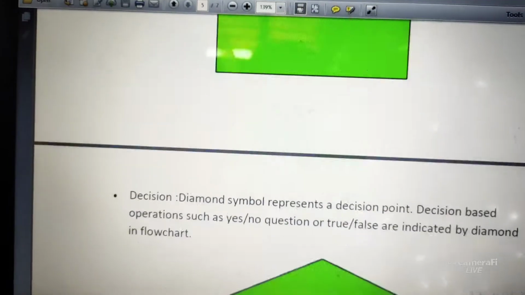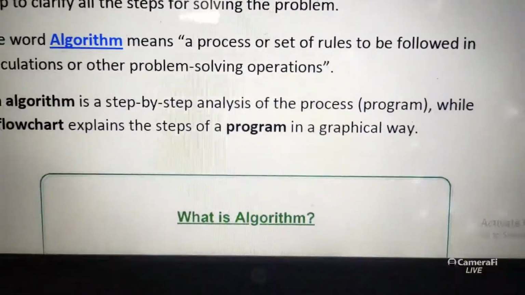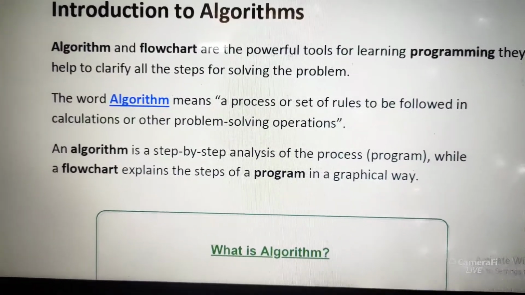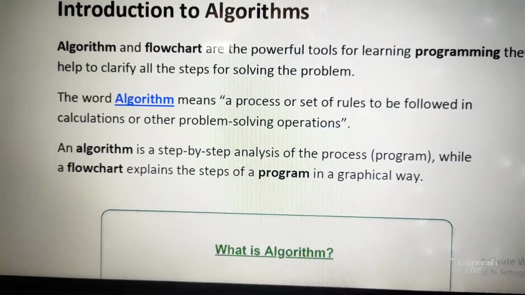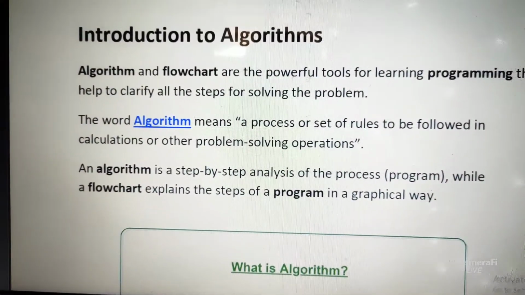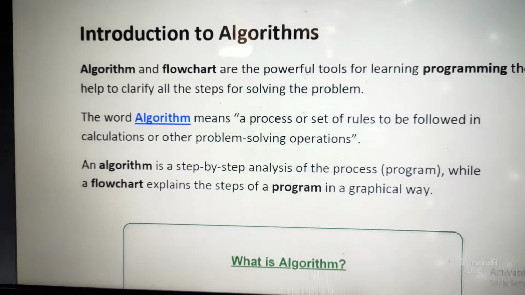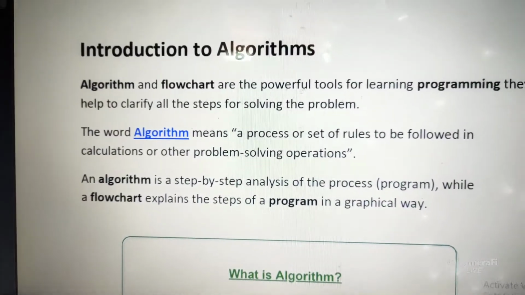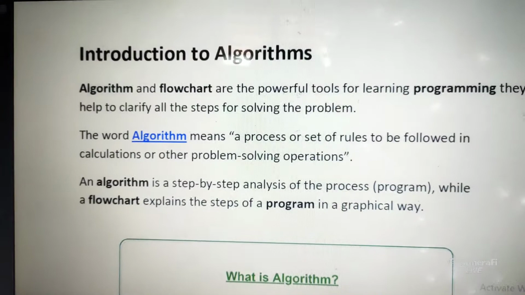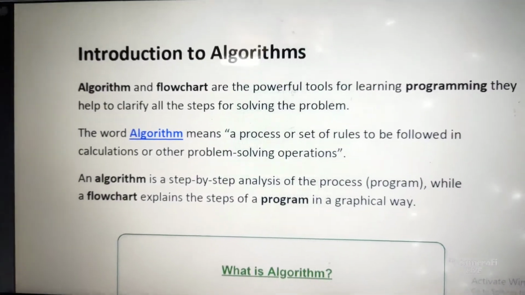Before concluding, flow charts and algorithms are the tools for programmers. Every problem that is going to be solved by the computer, by the machine, should be with an algorithm written first. Don't write the program directly, you should write the algorithm first. Next, the flow chart. Then that flow chart will be taken by the programmer, and the same steps will be implemented as the program.